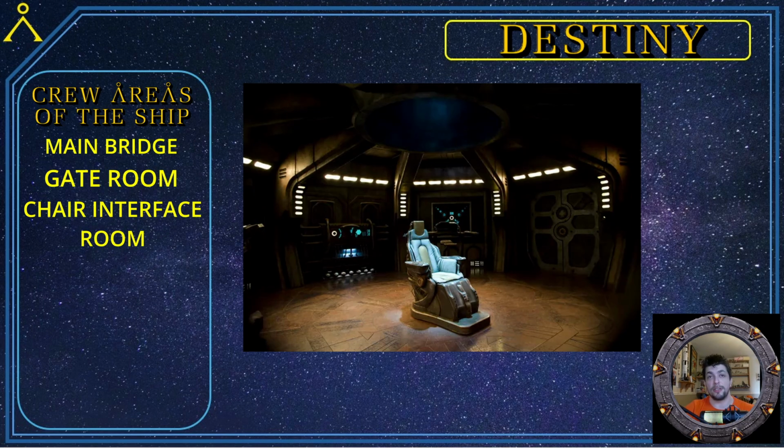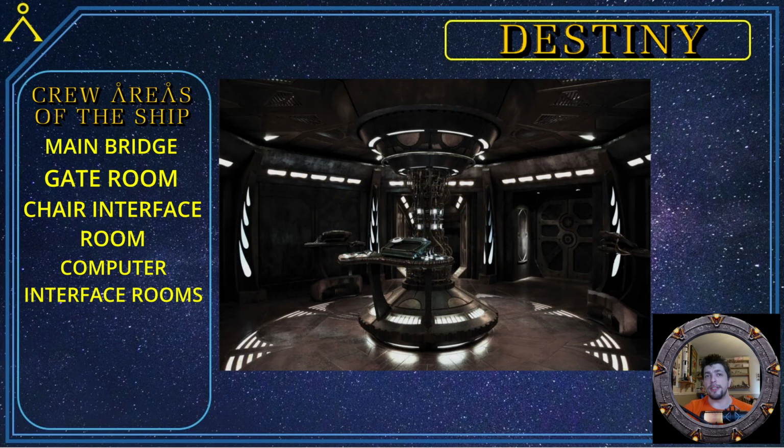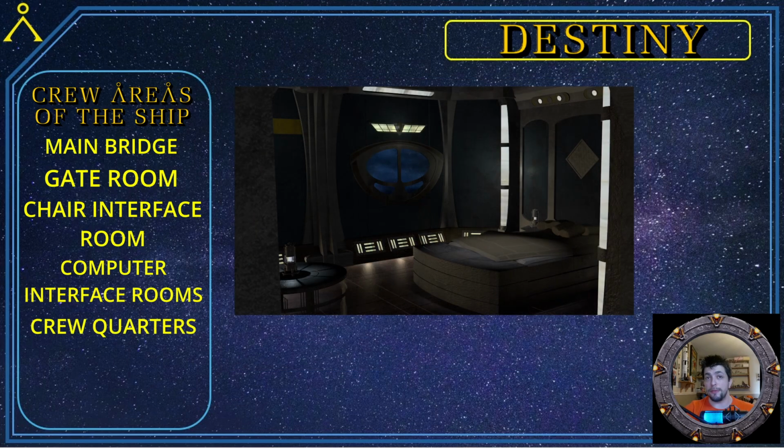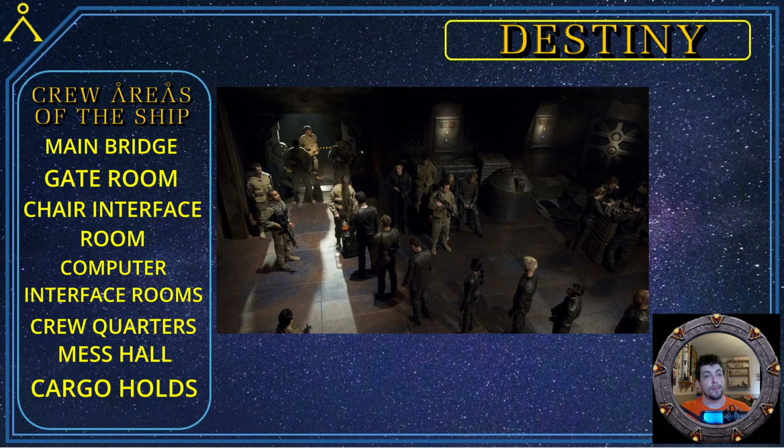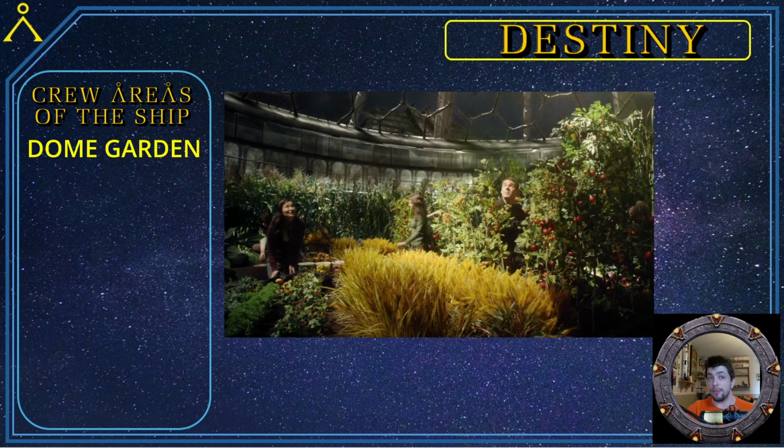Other rooms on the ship that are of relevance to ship control are various computer interface rooms scattered around the ship. These provide basic ship control and computer access, but do not allow for direct ship control like the bridge does. Other rooms are crew quarters for the crew, a mess hall for eating, many cargo holds, a domed garden for growing